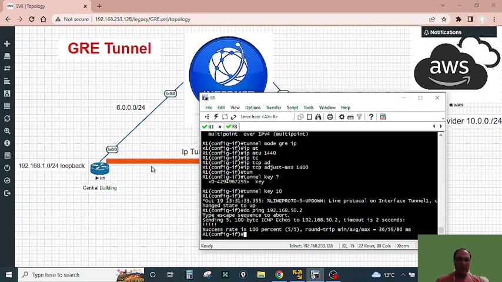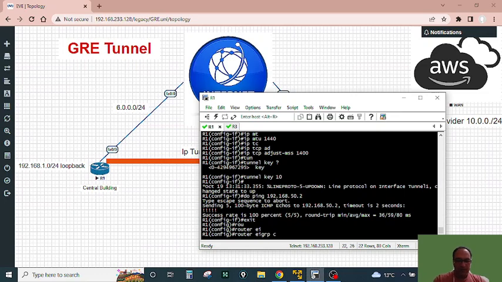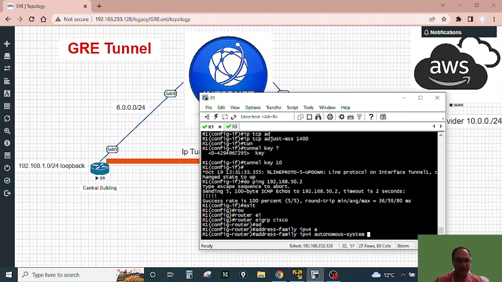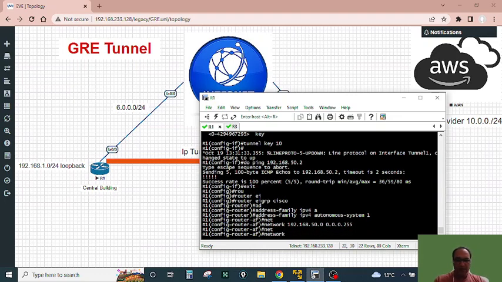Now from this tunnel I want to transfer some routes. So I will make an EIGRP routing. I add the loopback and the interface of the tunnel in that router. So I go in router EIGRP Cisco, then address family IPv4 autonomous system 1. Now I add the network range. It is 192.168.50.0, and the wildcard is 0.0.0.255. I add also the loopback in router 1, 192.168.10.0